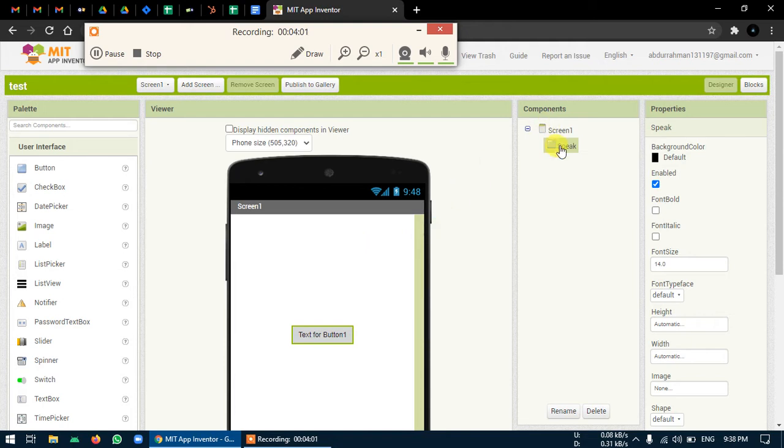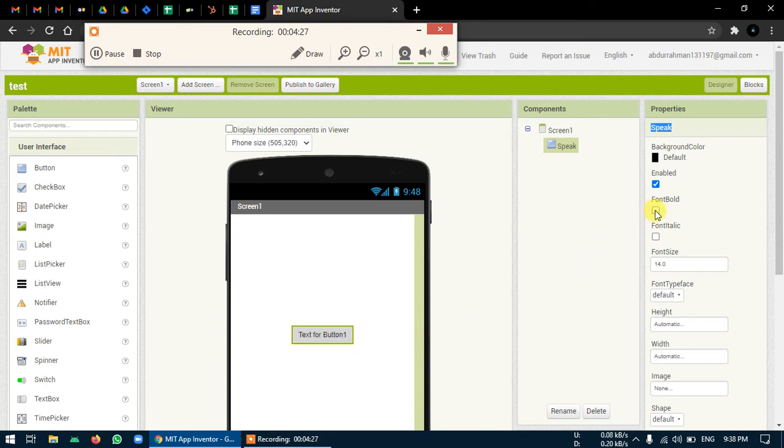But you can see button name has changed, but text has not changed. So this text and this button name both are different. So to change this particular name or the button text here, we actually need to go to the particular element or component, and then we have a property for that particular element. So whatever I change here in this property section will be for this particular component, that is in this case button.